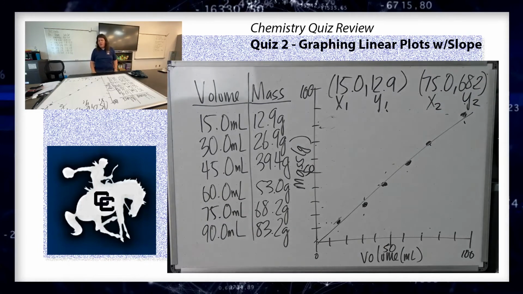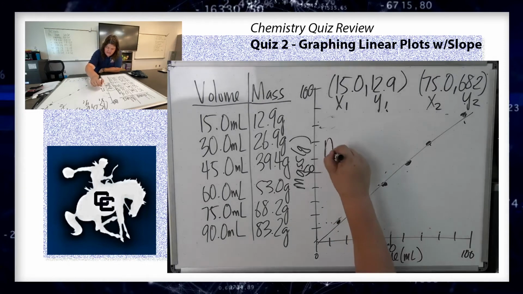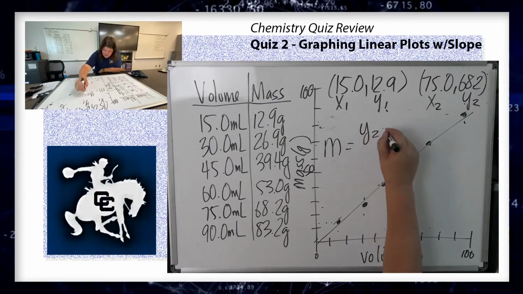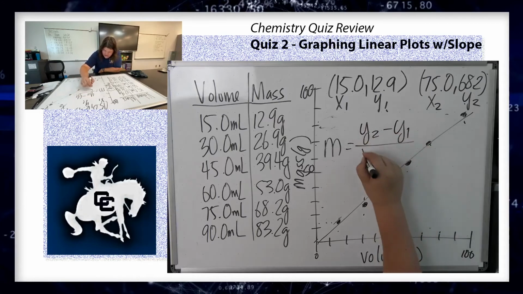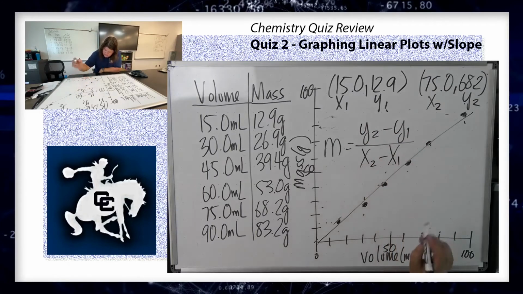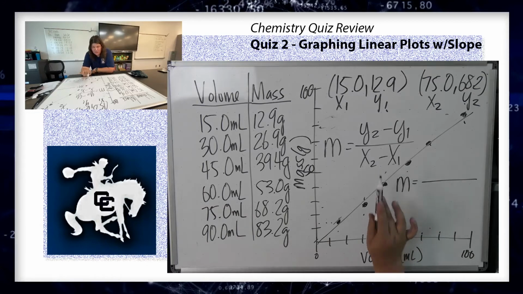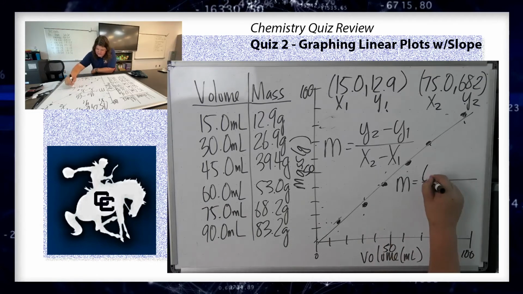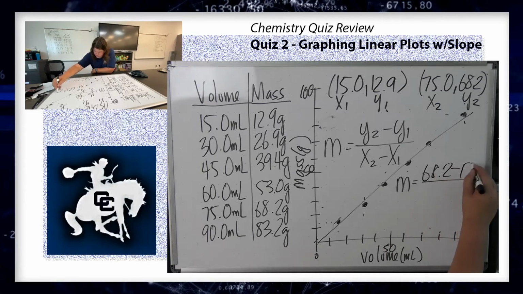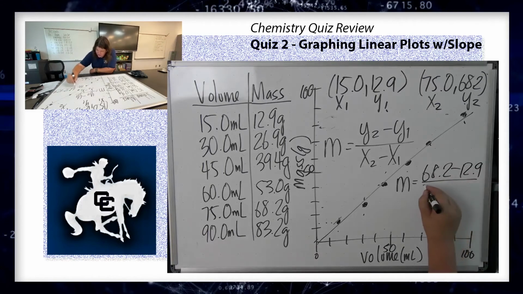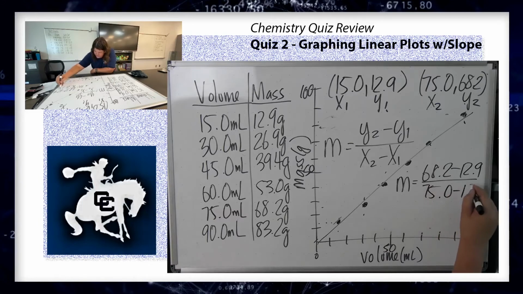First, anytime you calculate the slope, you want to make sure you write the equation for slope. In this case, m is y2 minus y1 over x2 minus x1. Now, I'm going to put the information into my equation. A lot of people lose points because they forget to put the line on the graph. Here we have 68.2 minus 12.9. And on the bottom, we have 75.0 minus 15.0. If we do the math here, this is going to be